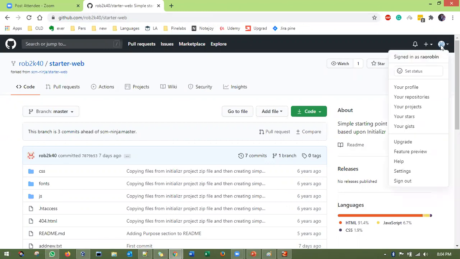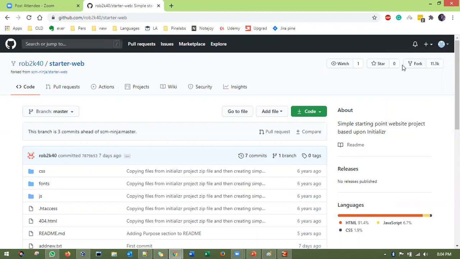So you can see here it shows that I'm logged in as Robin. So it's not this rob2k40. It's my account only, but I want to fork it, just for practicing. So what I will do, I will click on fork,